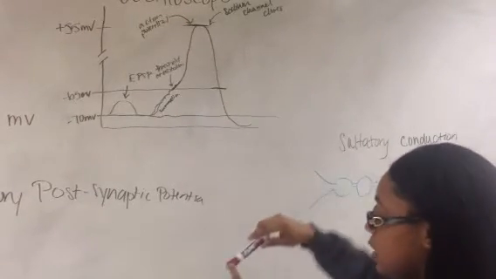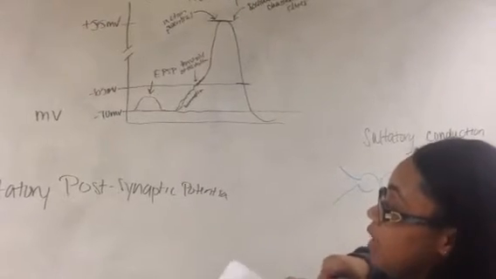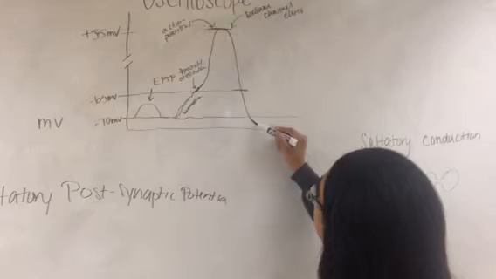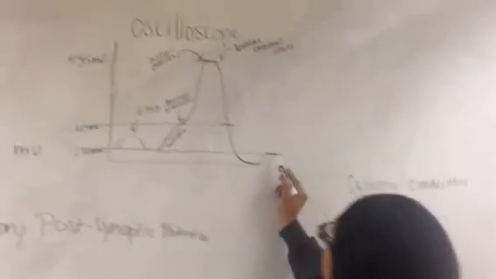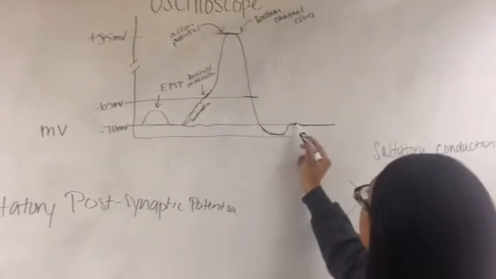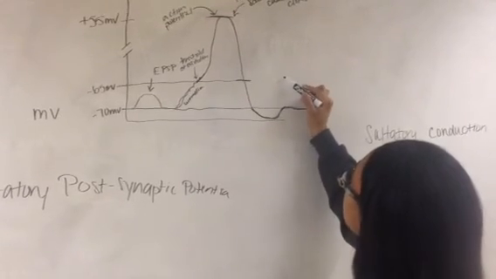So you have a sodium-potassium pump pumping sodium out and potassium in to bring the cell membrane back at rest, which is a negative 70 millivolts. And at this hyperpolarization, potassium pumps